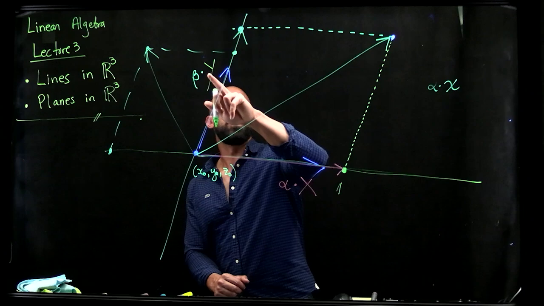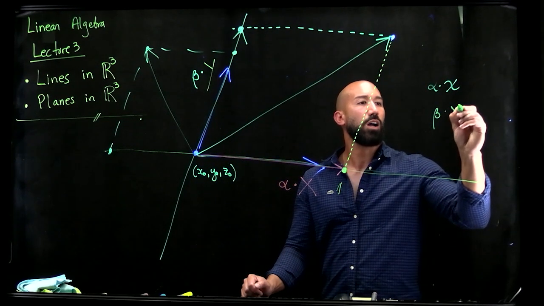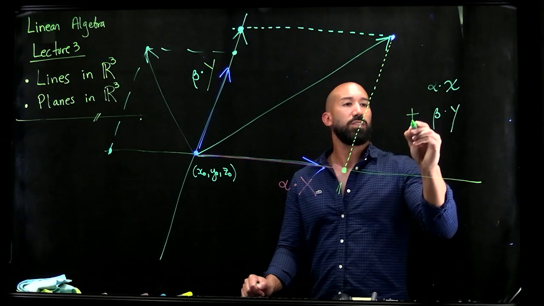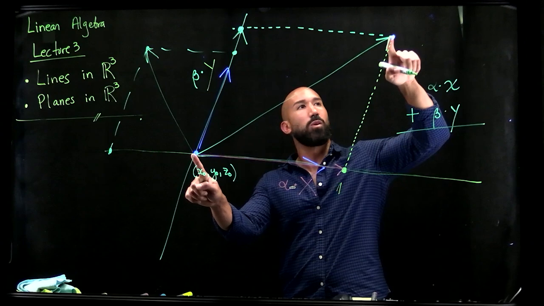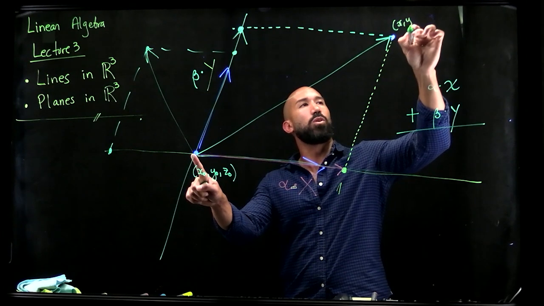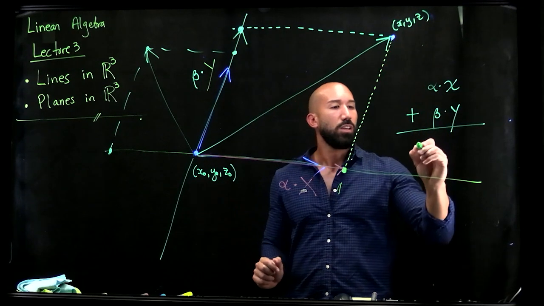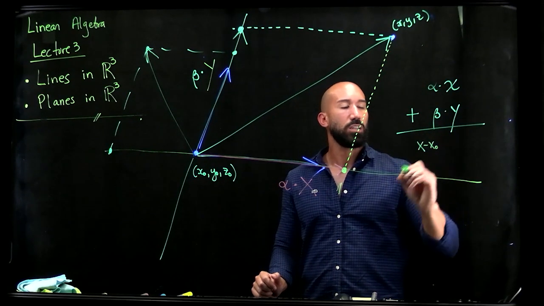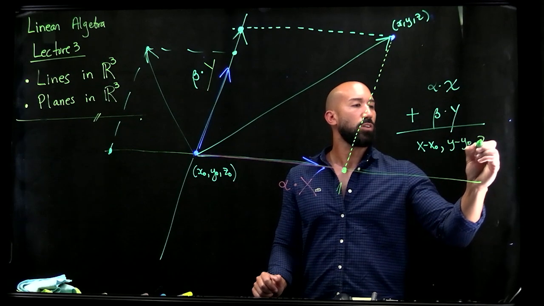This vector here is beta times y. And I notice that if I add these two, I'm gonna get this vector here. But what is this vector here? If this is the point x, y, z, this vector here is x minus x0, y minus y0, z